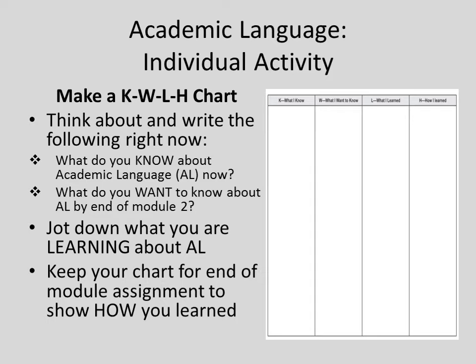So, first off, in the K category, think about and write the things right now that you already know about academic language. And then also the W column, what do you want to know about academic language by the time you finish this module number 2? So then, take a few moments to do that now, and jot down as you're going through the rest of